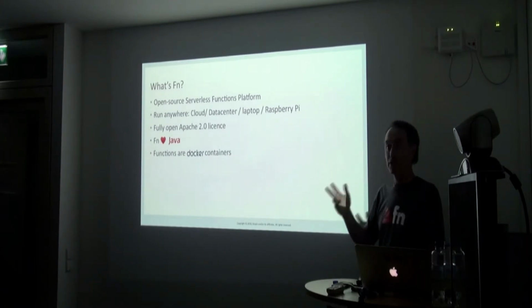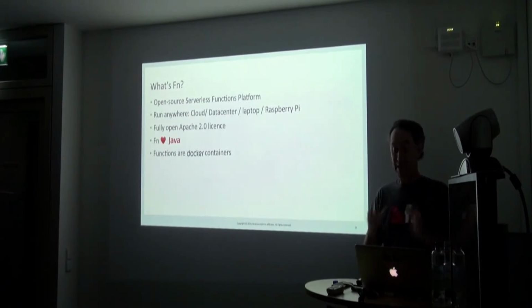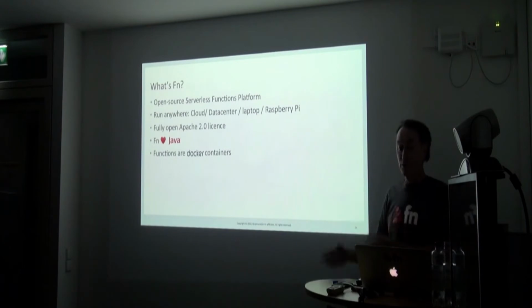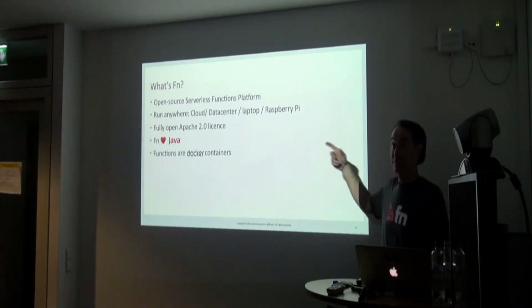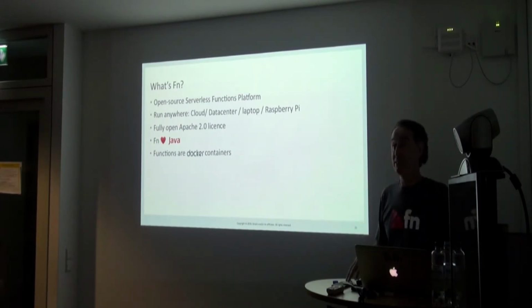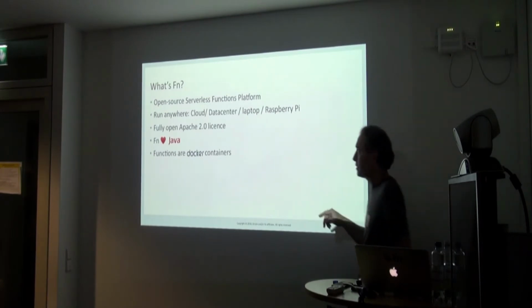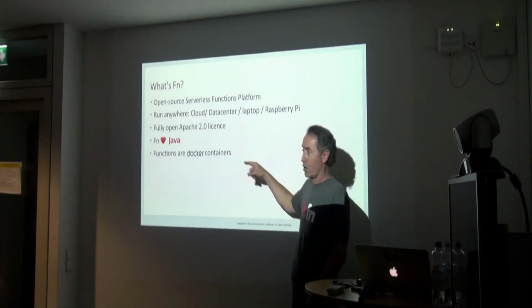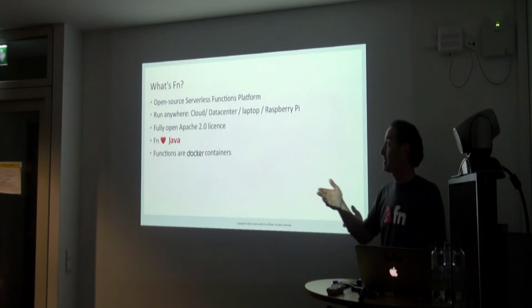Cloud, so at Oracle, I'm building the Oracle Functions Cloud Service. So I'm building a service version of this thing. Our goal is to have the same bits running on your laptop and running in the cloud, so you know that when you deploy your code, it's the same infrastructure, right? So you're getting the same experience. We have really good Java support, which is a reason why I'm going to talk about Java. Java is probably our best supported language. I think it's because I have a bunch of people in Bristol in the UK who really know Java well, and so they've built really excellent support. And something you need to know about Fn is that functions are Docker containers. So we package functions as Docker containers and deploy them. That's how we package up your code.